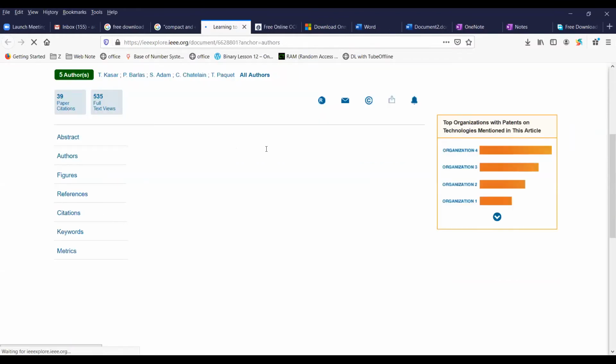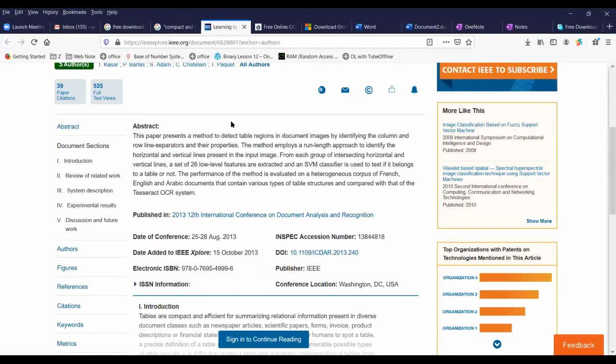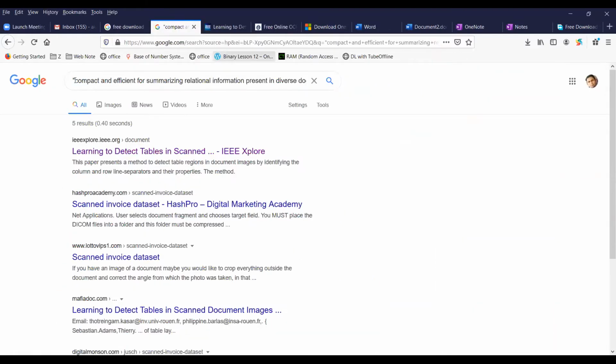Okay, so this is the page. If you want to check for an exact phrase, where that exact phrase is, you have to copy that and search it with Google. Just paste the phrase within inverted commas. When you give it within inverted commas, it will match the whole phrase, and that will give you the links where that phrase is. That is how we can check plagiarism with Google.